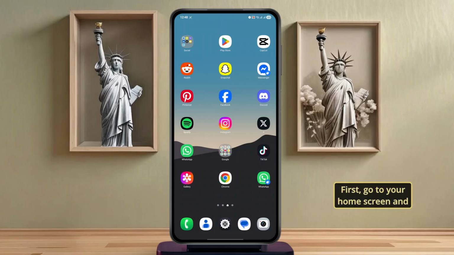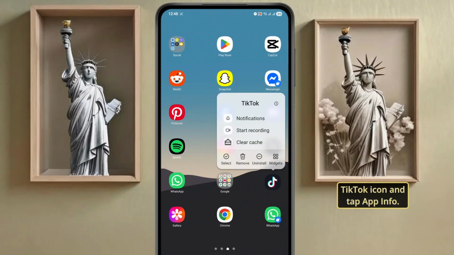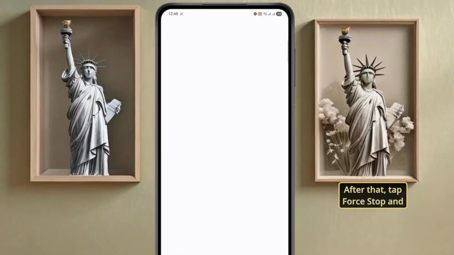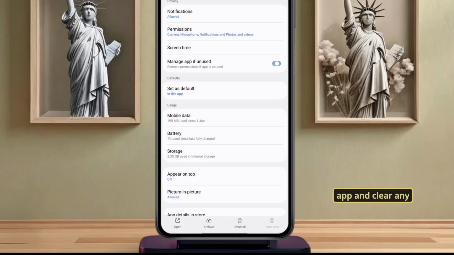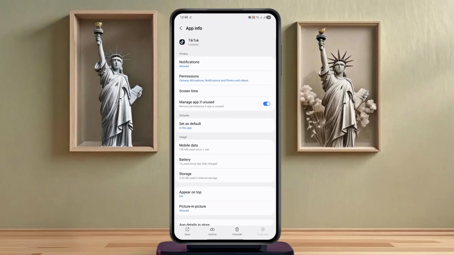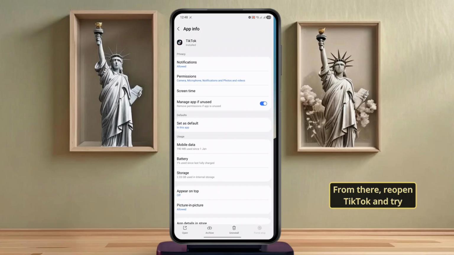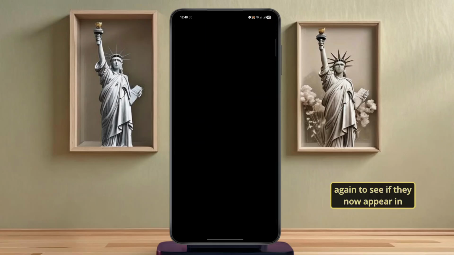First, go to your home screen and long press on the TikTok icon and tap App Info. After that, tap Force Stop and confirm to completely shut down the app and clear any stuck background processes. From there, reopen TikTok and try sending a video to that person again to see if they now appear in